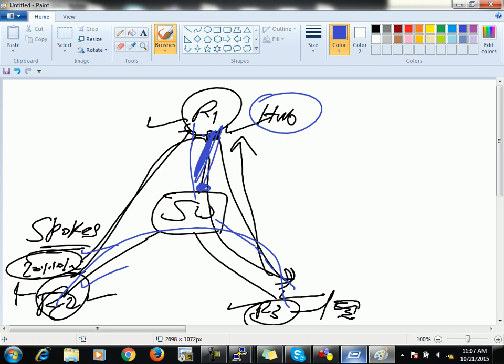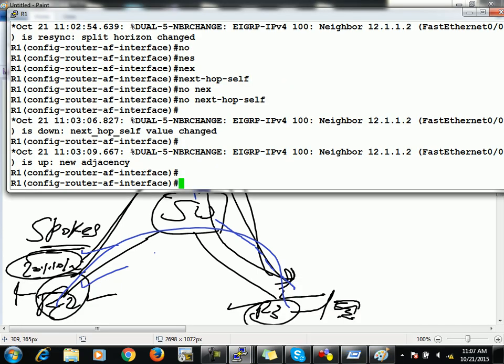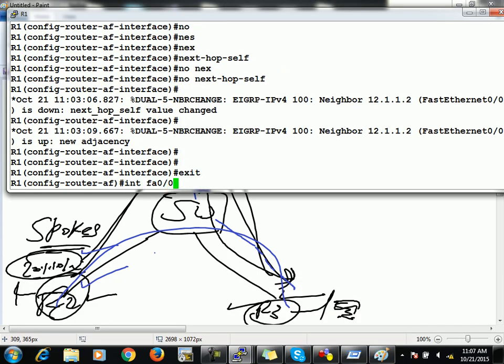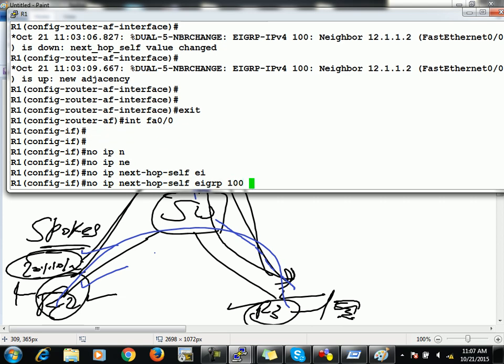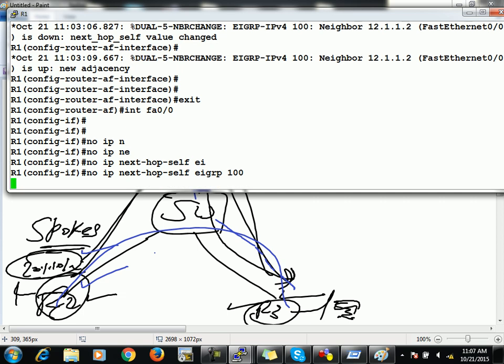But remember that in older IOS the command was something like this: under interface mode, say no ip next-hop-self eigrp and then the AS number. That was the command in older IOS, but in named mode,